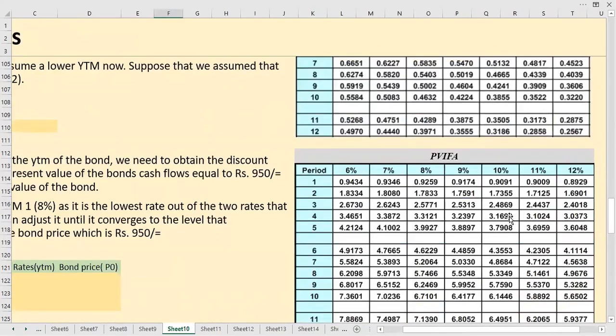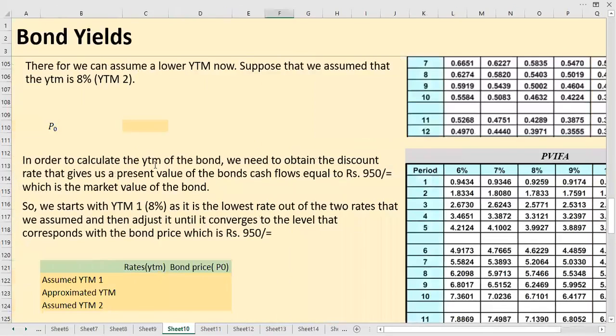So I am getting 3.1699. So that is the first part. Let me put that here so you could understand. PVIFA value is equal to 3.1699,